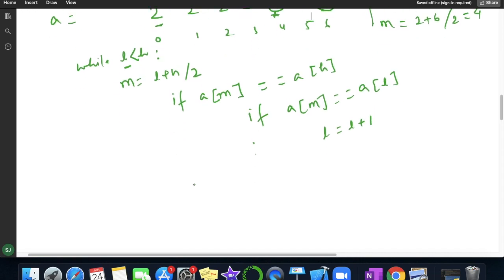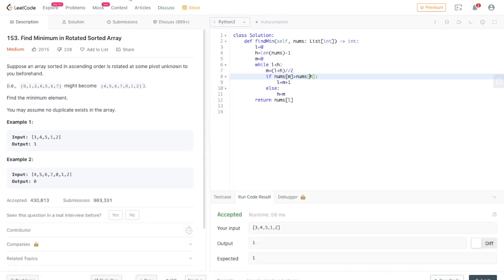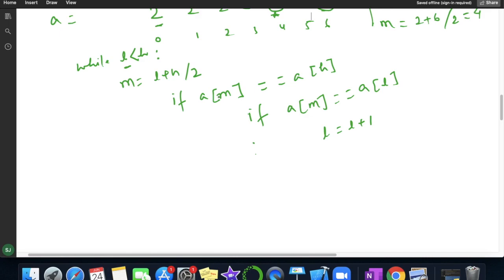Now we will apply the same logic for the unique elements, this one. If this condition fails, then we have this else if.